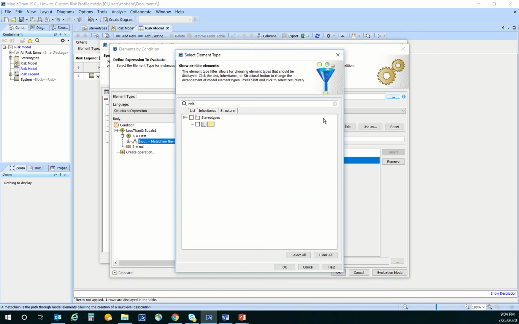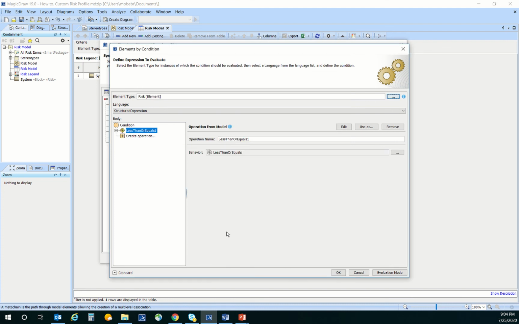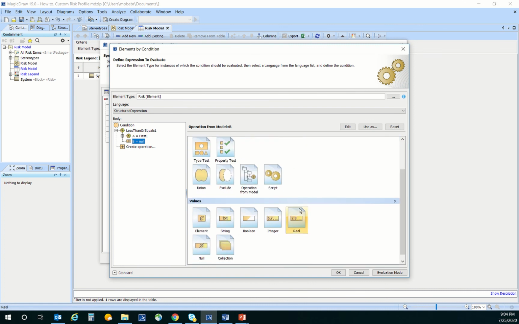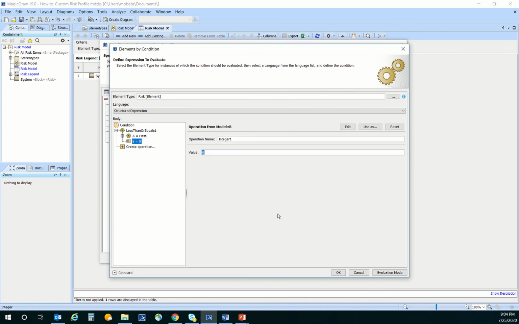So we'll search for risk here, highlight that. If you do not check that box, you will not get a result with this. So we're using the risk as the element type, less than or equals, but we need to actually set the value. So B is where you set the value, and we'll just use an integer here, and we'll say if it's less than 5,